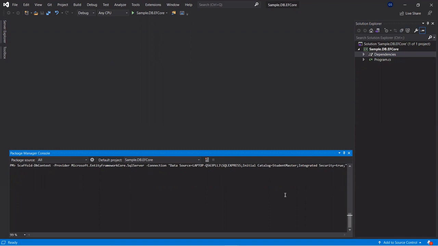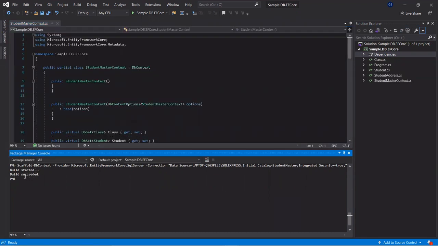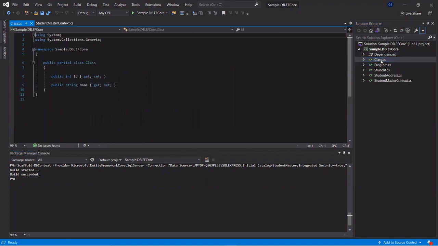After this, if you press enter, it will start the build and the build will succeed. After the build succeeds, you will find multiple files created over here. We have the class created where we have two properties, ID and name.